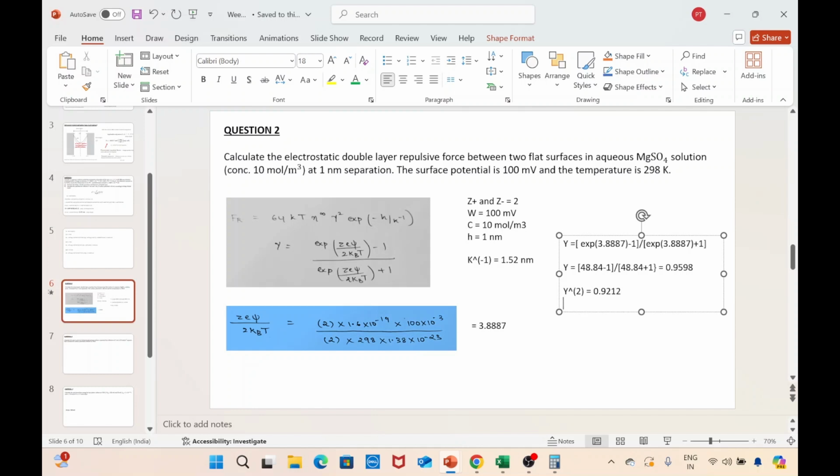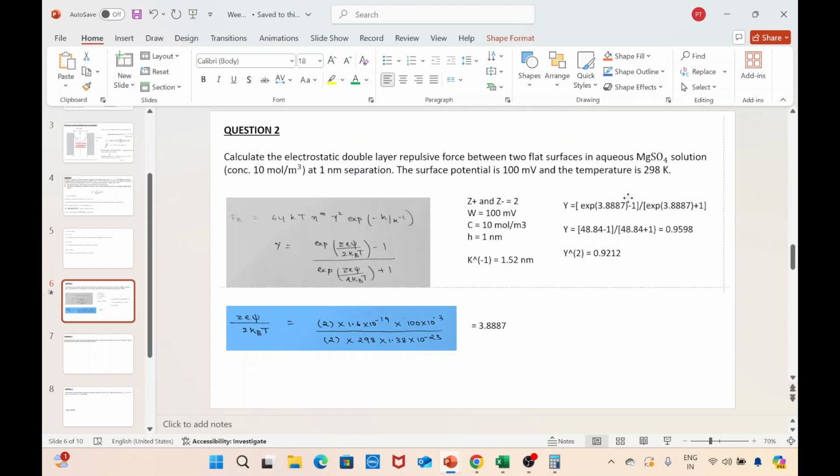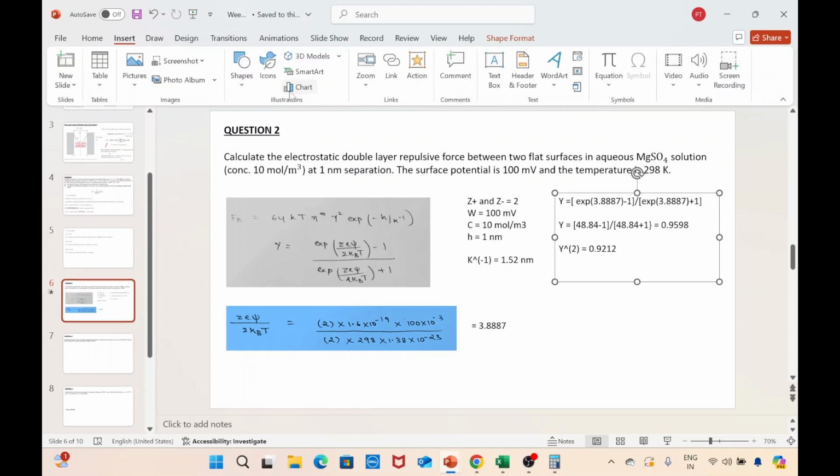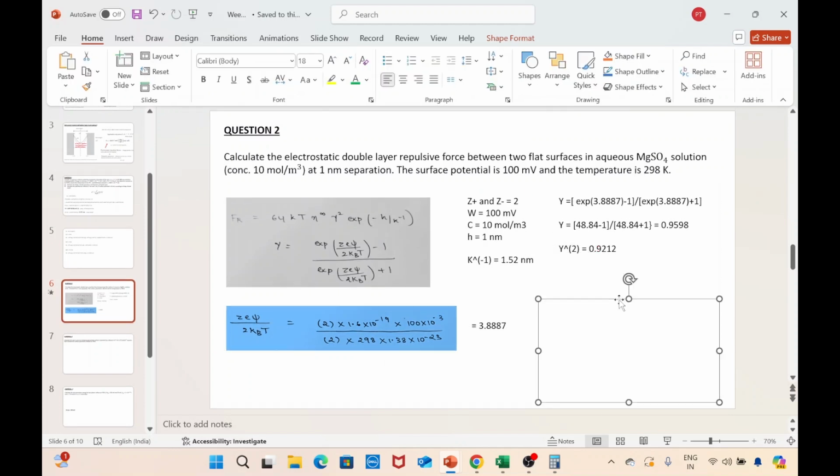So this is the value of gamma square. So now you have the value of gamma square, you have K inverse. So it's just about substitution. So your value of Fr is nothing but... So here again n infinity is there in the equation, but here we are given C, that